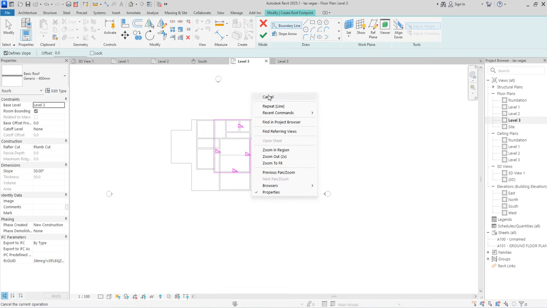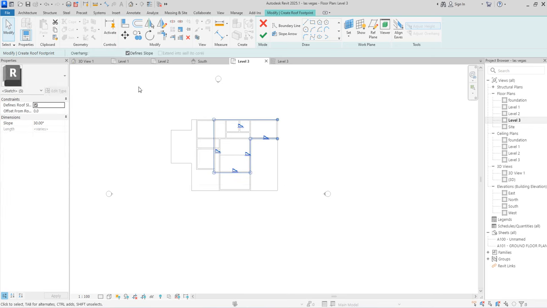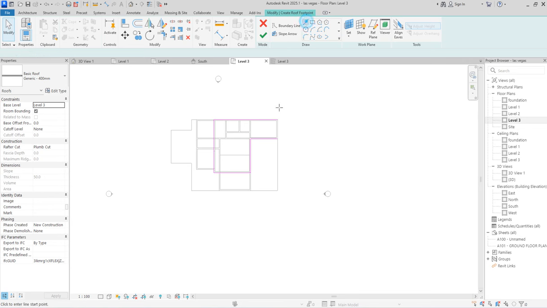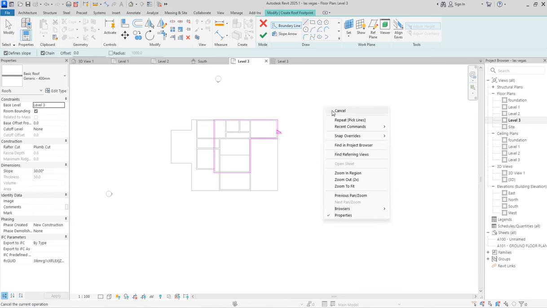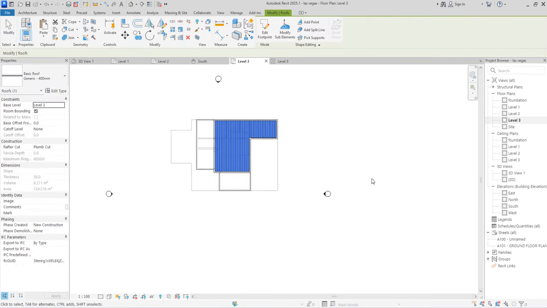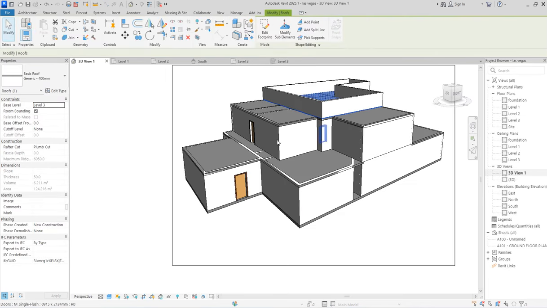So select, I don't want anything to do with the slope. There is no need for me to have fine slope. So click finish, continue. Just select this, click here and say define slope, finish it, no attachment. Go to this point, so it's below.